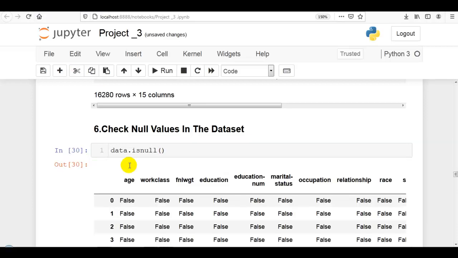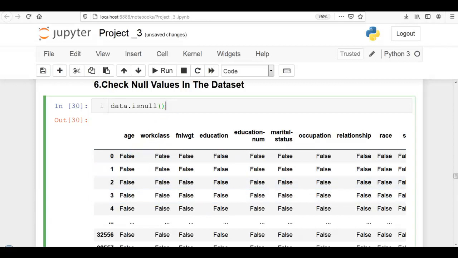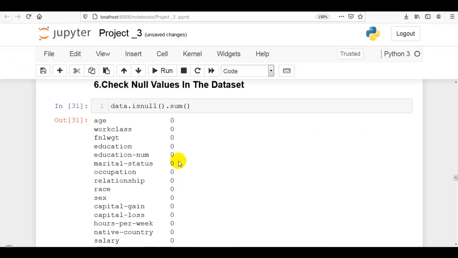When I execute this cell, as you can see over here, we are getting a data frame with boolean values, true and false. Now let me use another method, sum. As you can see over here, it is showing we are not having any missing values in our data set.